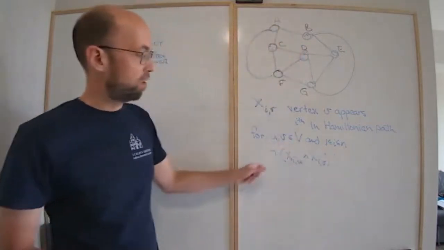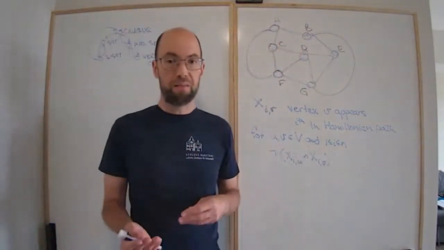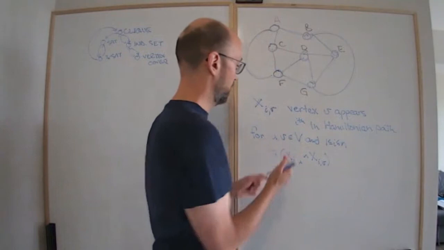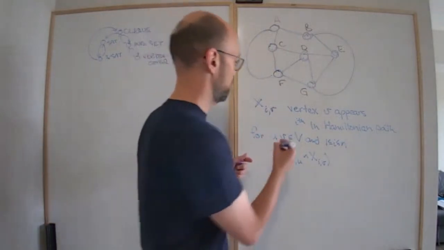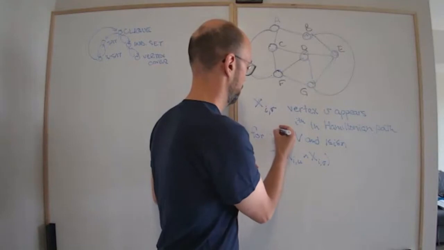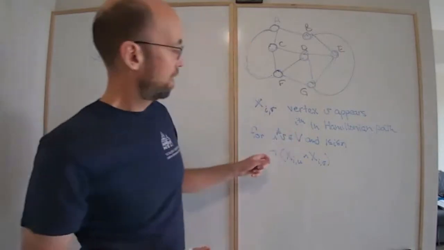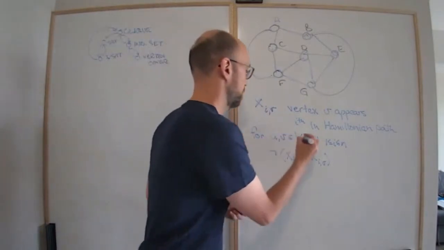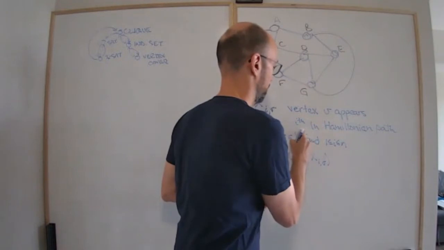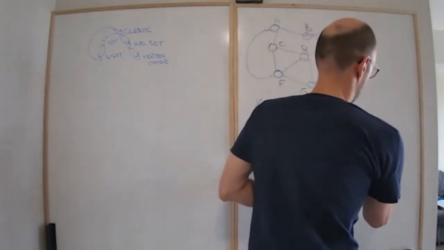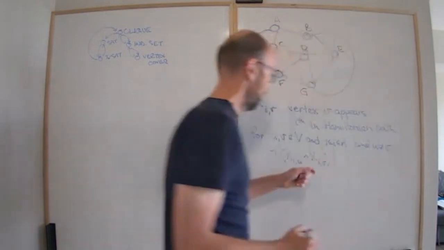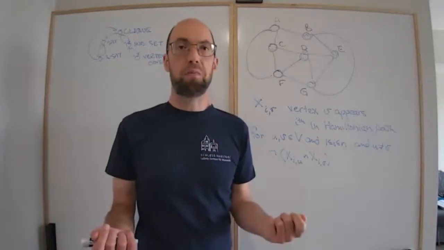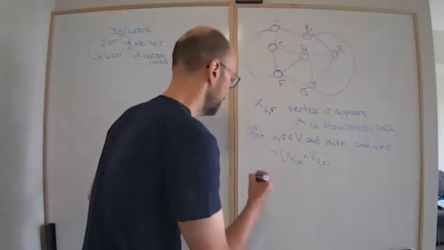Okay, so we add a clause that says for every i between 1 and n, and for every vertex u, u not equal to v. Okay, so I should say here u not equal to v. So for every pair of vertices that are different, they don't both occur in the ith position. Okay? And then you have